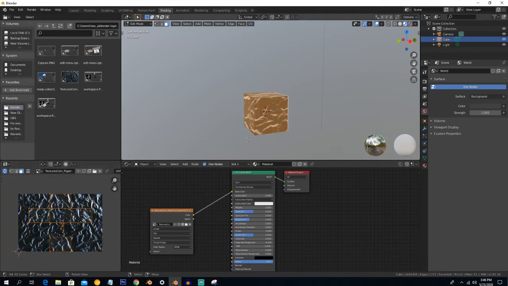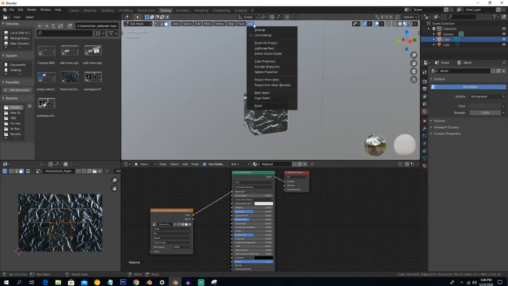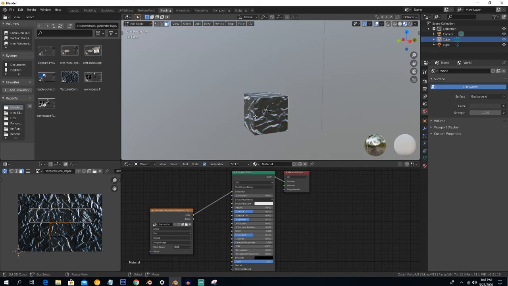It unwraps on the basis of your view. Press Control plus Z to go back, and these are the options: project from view, project from view bounds. It just stretches your views.